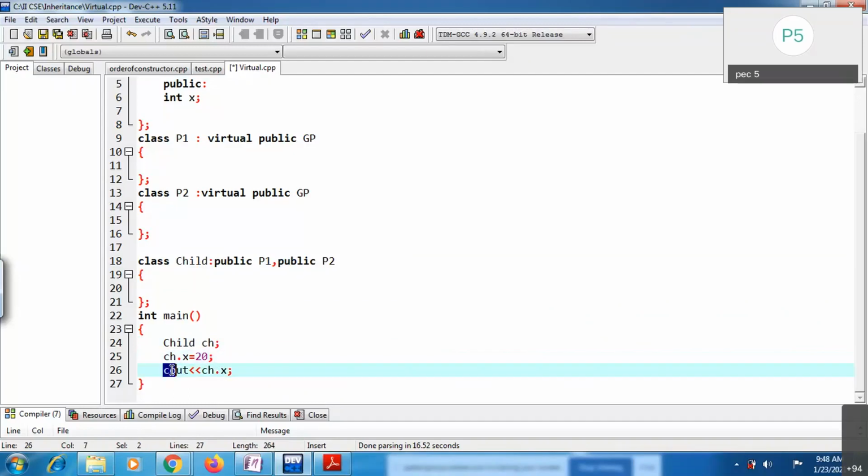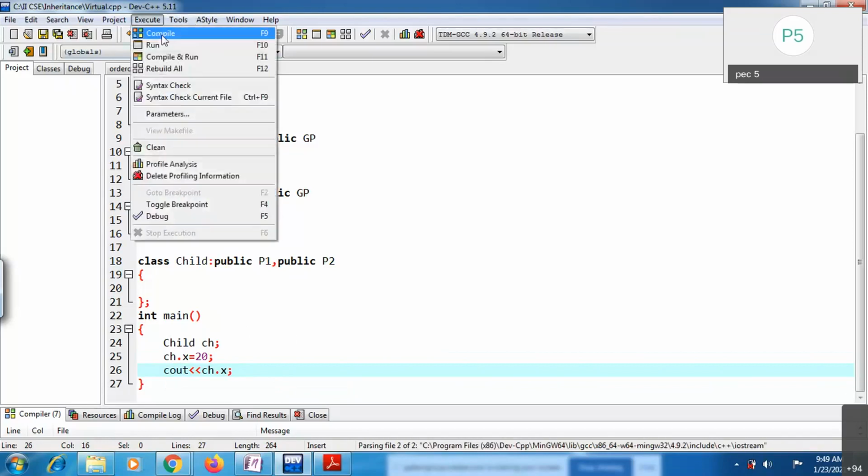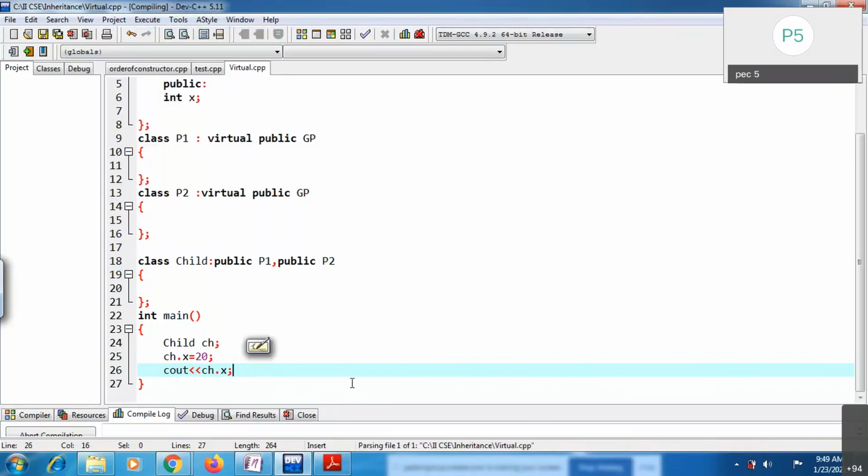If I print that x value in the output, you will get 20 only. Previously, when I compiled that code, you got an error; now that error is removed. If I compile this code, you won't see any error. This is very important: how you are able to use the virtual base class.